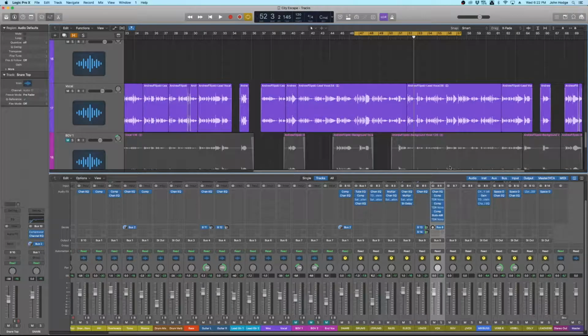Now, we've already compressed our vocal a lot, if you watched the last episode, in intervals of 2, 3, 4 dB. Not a ton, but we did over the course of several compressors, and it makes the vocal sound really even and in your face. But to help thicken it up, we're going to do some parallel compression